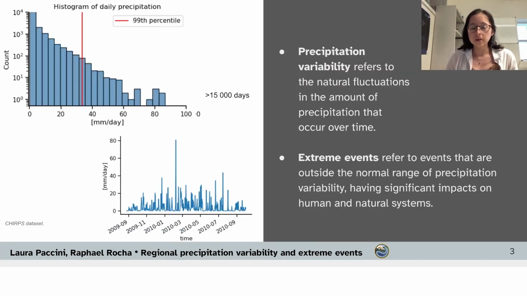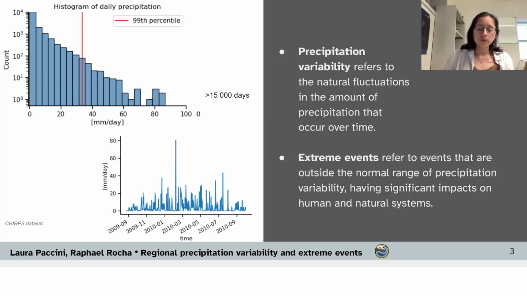So it is important to make a distinction between these two concepts, and I will illustrate that with these plots. So what we have here is information of daily precipitation for a given region, and the lower plot just shows a slice of this data. And we can already notice that precipitation varies temporally. So we can see, for example, that there is an increase of precipitation in the months of January through May, and a decrease of precipitation towards the months of September and November.